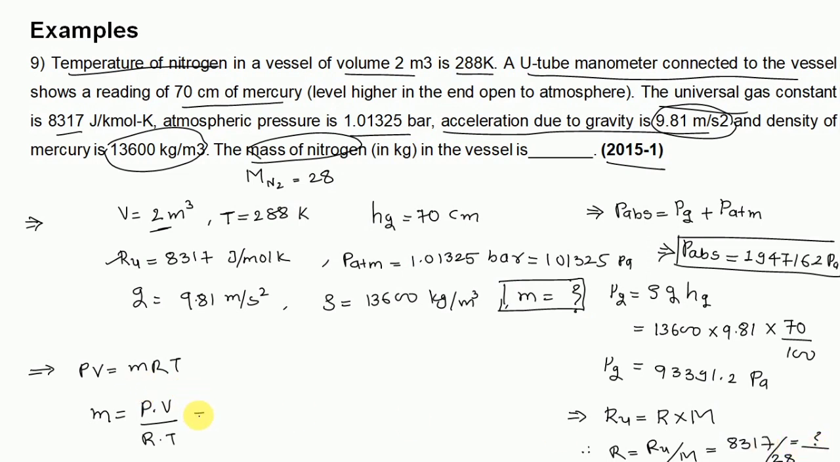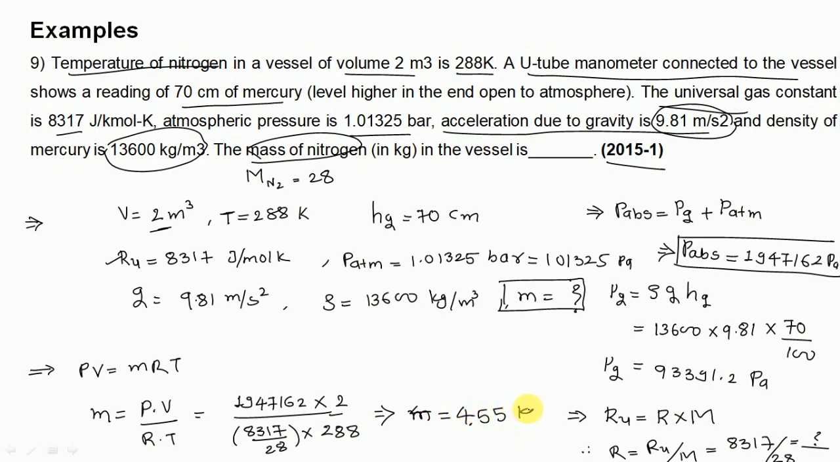So let's start with the calculation of the mass. P is given and its value is 1947162. The volume is given as 2 meter cube, into R. R we need to calculate, so I put the direct value 8317 upon 28, and the temperature is given as 288. Okay, so from this you can find the mass, and the mass of nitrogen for this example is